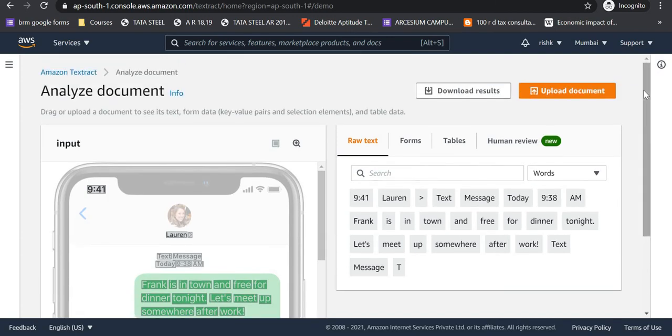Okay, this is a practical example which we are doing on the Amazon console. Again, we are doing it manually. We are uploading a document manually and we are seeing the text on this console. Let's take an example of how we can implement this in our application. Amazon provides an SDK using which we can use a lot of their managed services. We are going to use Java for this demo.